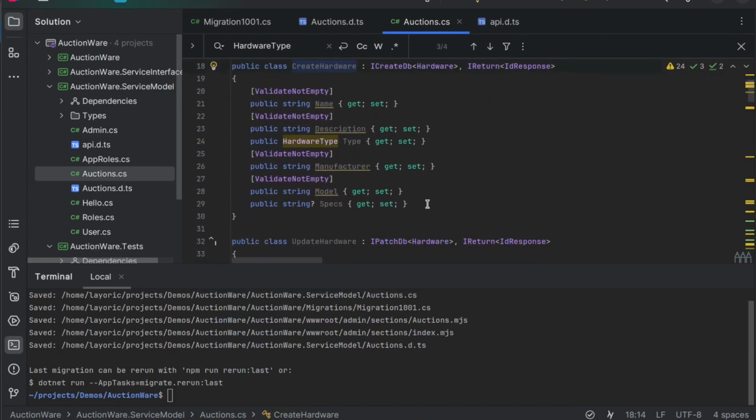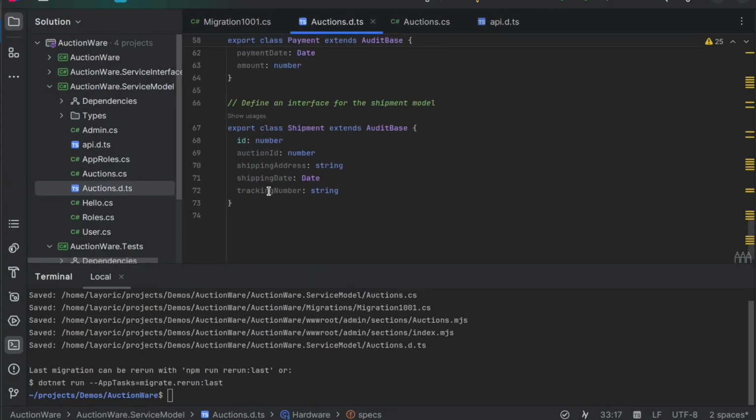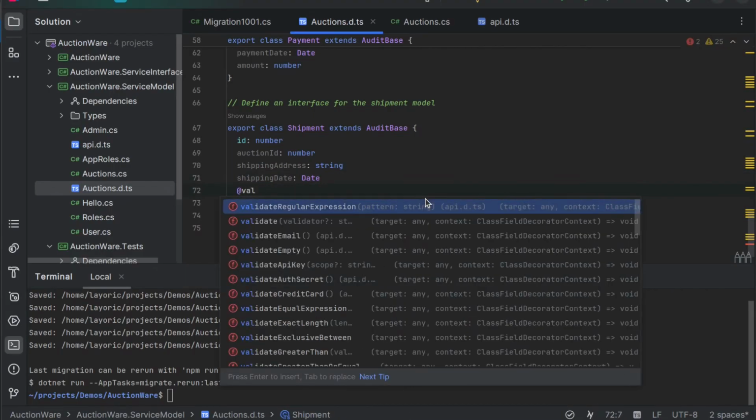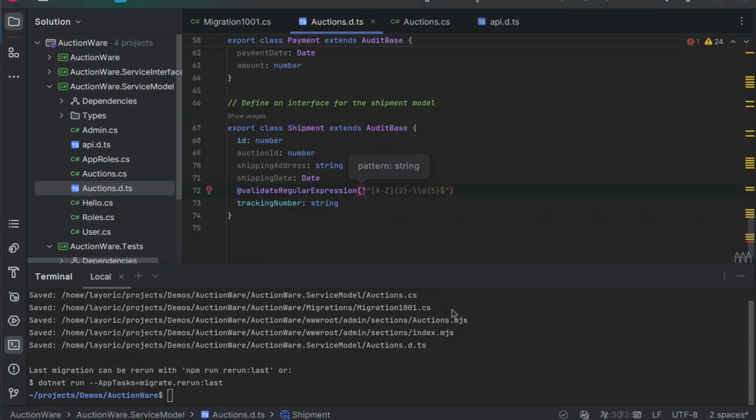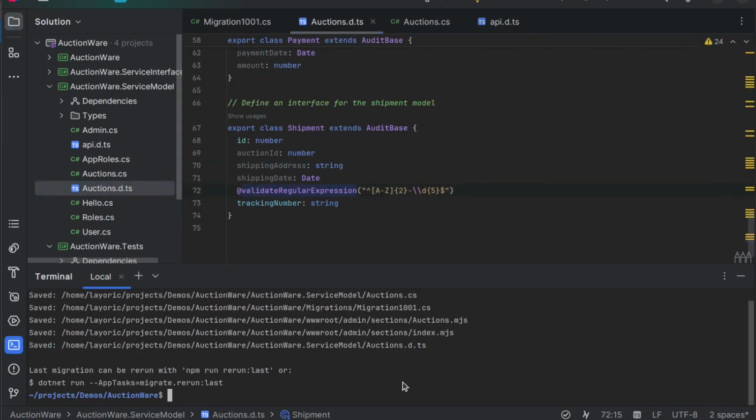Another example might be that you have a business requirement for an extra validation rule for tracking numbers on the shipment table. We can use an attribute starting with the @validation, and we get autocomplete in our IDE since the api.d.ts file has the definitions for these options. Here we can use the validate regular expression, specify our regular expression, and run npx OKAI auctions.d.ts. And now when we look at our create and update shipment service models, we can see that this rule has